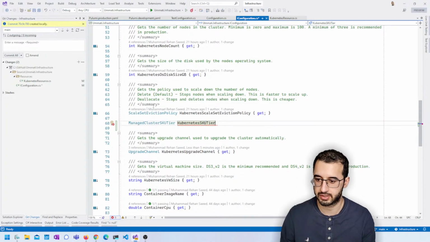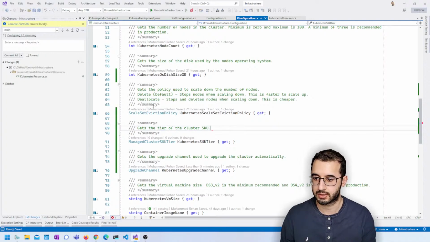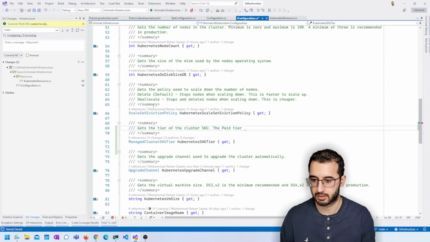Not really sure there. It's an acronym, so I'll go with what they've done. Gets the cluster SKU, gets the tier of the SKU, the paid tier results in higher